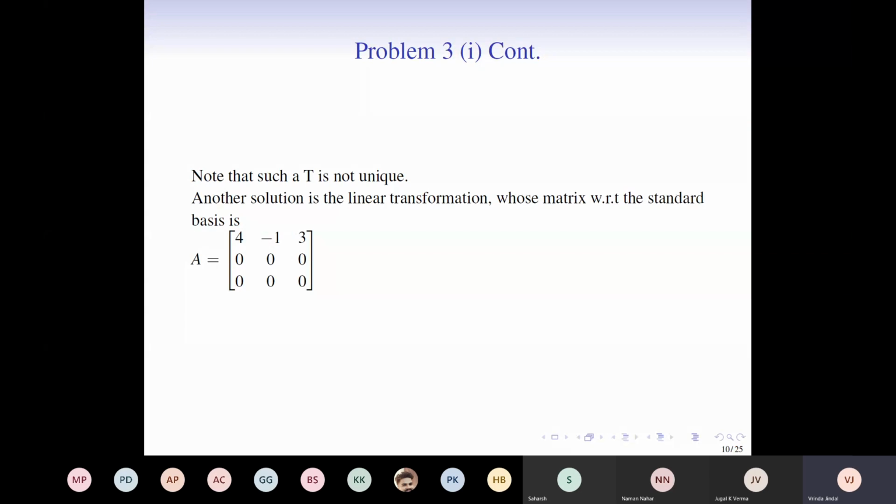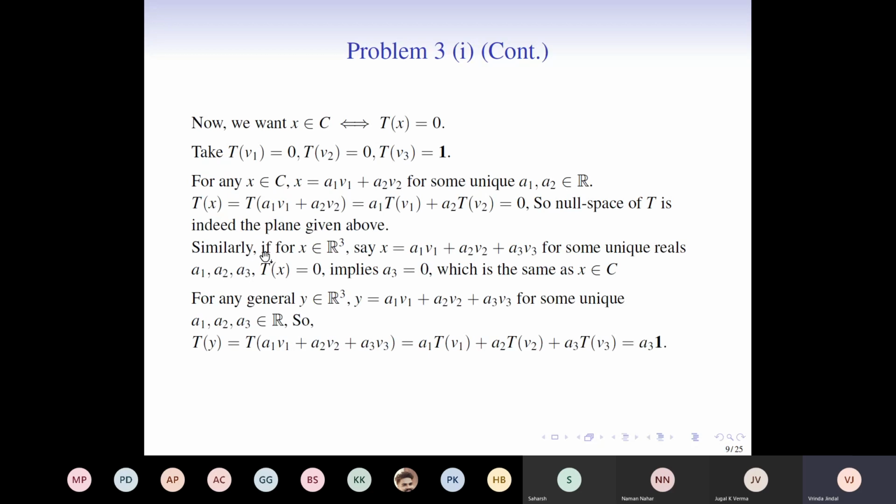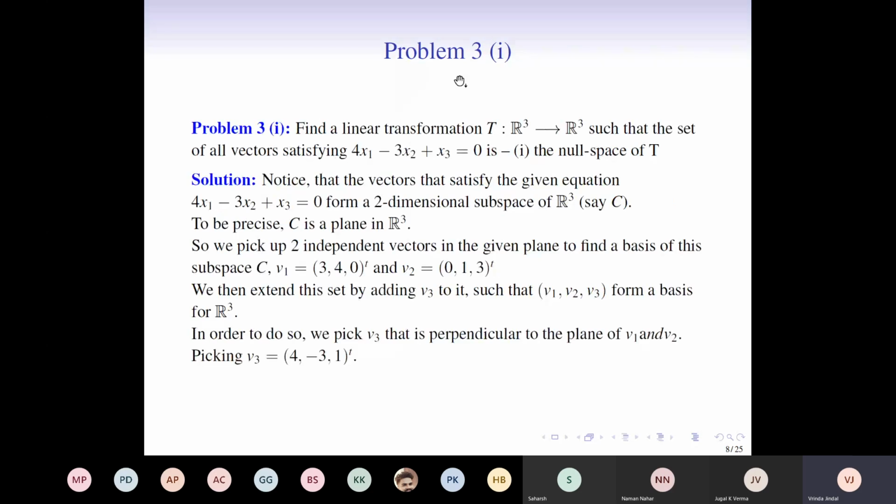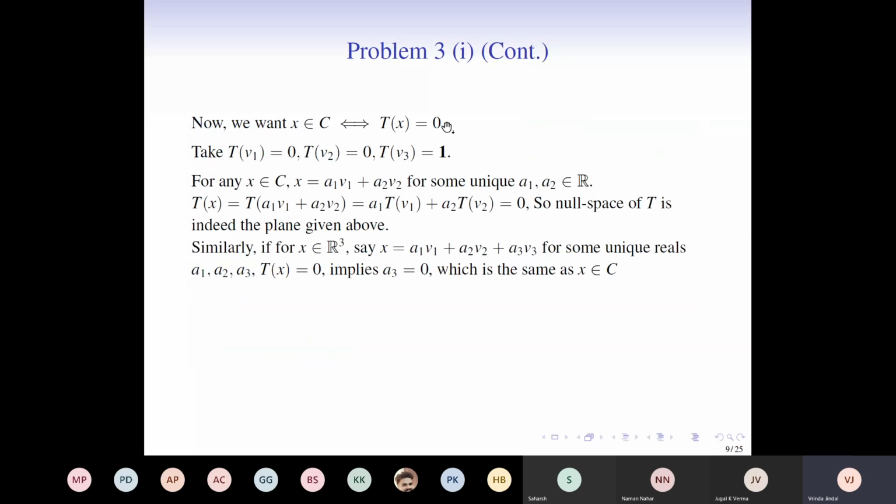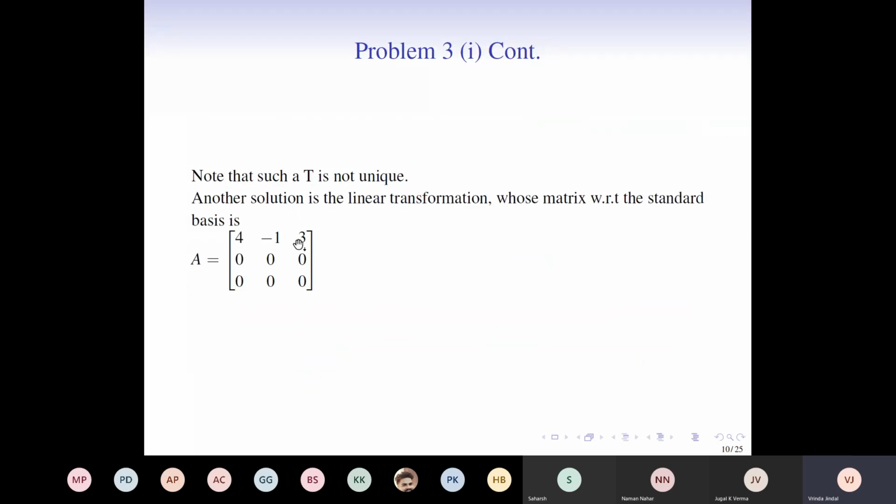Another way, if you want to think of it in terms of a matrix, this is a matrix that could work. How? See that if we multiply x1, x2, x3 by A, then A of x would be this: 4 of x1 minus x2, like the vectors that we were given in the question. We will get this, and this will be 0 only when they belong to the null space. So, okay, there's a typo. This 3 should go here and minus 1 should be here. Minus 3 should be here and 1 should be here.